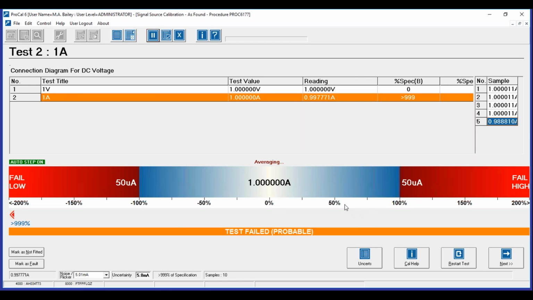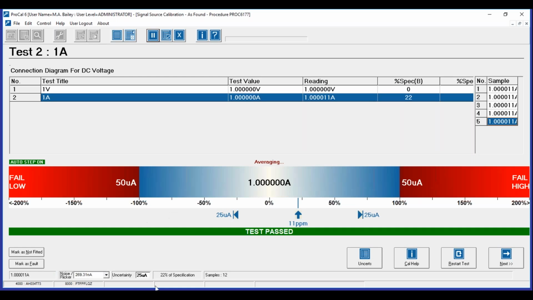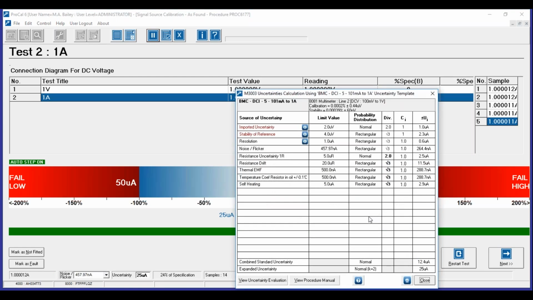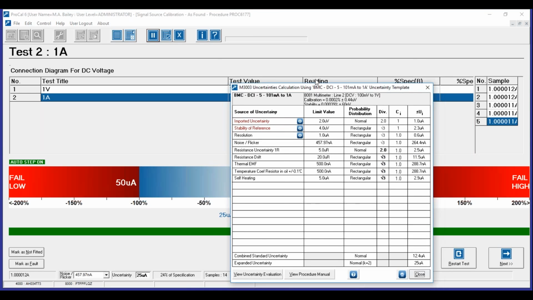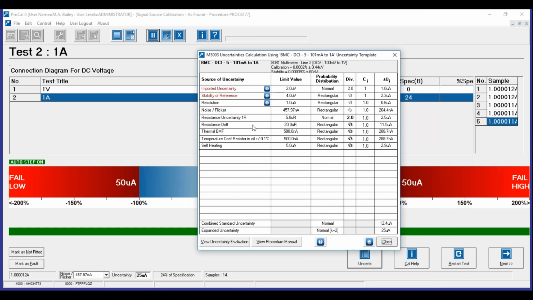Now what we've got here is, once our final sample has come through, an uncertainty of 25 microamps. In our uncertainty budget, you can see we have some additional contributions. Please note these are just examples. But we have an allowance here